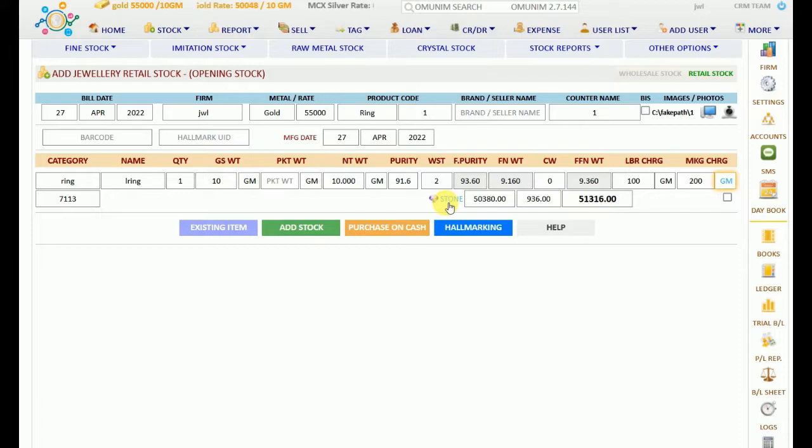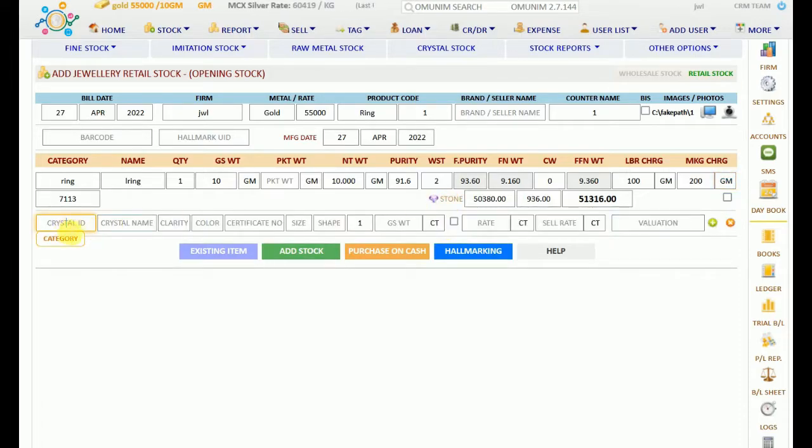If there is a diamond in the ring, there is a stone button here, so you just have to click here. For example, I am taking an idea of diamond, so I am taking DIY, so I am taking diamond here, name. So you can add the clarity, color, certification numbers, size, shape and quantity also. So for example, I am taking 1 carat of diamond here,